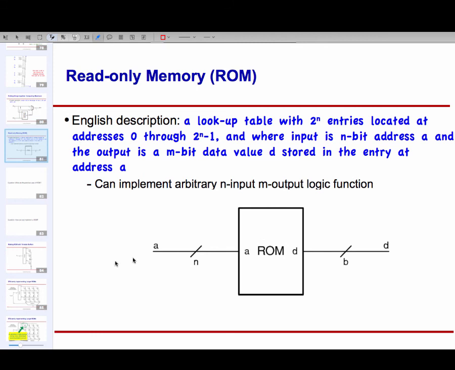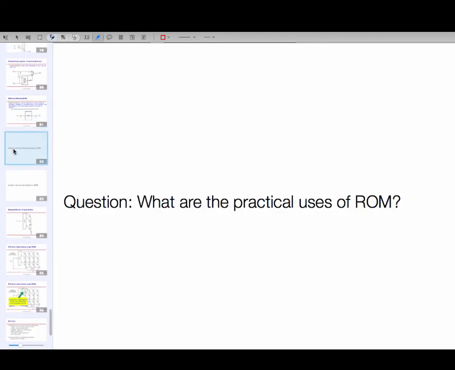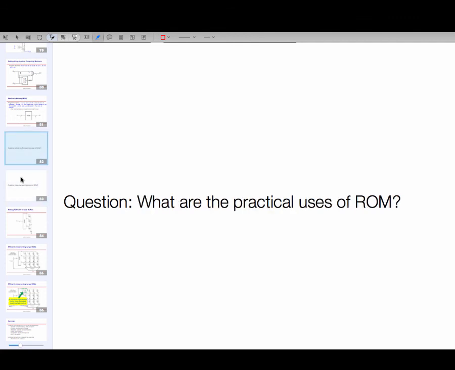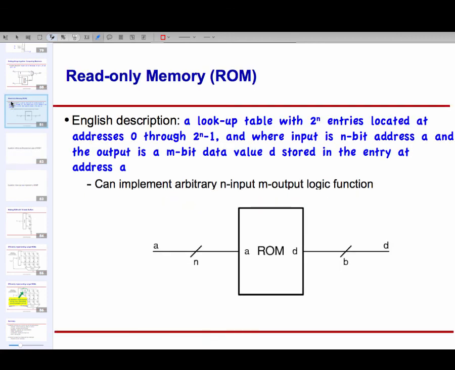So ROMs are extremely useful. In fact, practically they are widely used. Of course there are disadvantages also, right? One disadvantage is that if there are certain input patterns I don't care about, I still need a location for them. Generally speaking, ROMs will still have the location. Also, depending upon how these ROMs are designed, they could be slow and inefficient. But depending upon how they are designed, they can also be very compact because these designs are very regular.